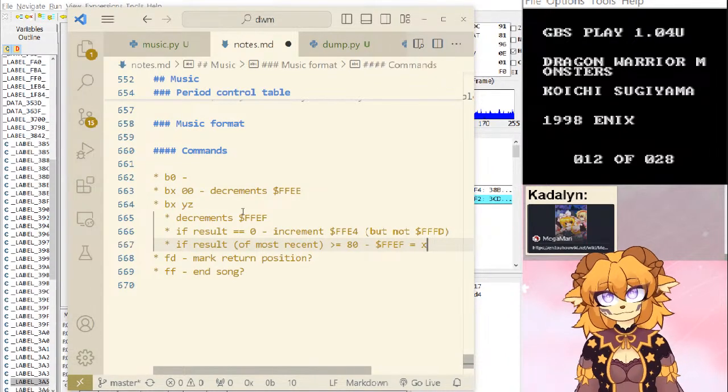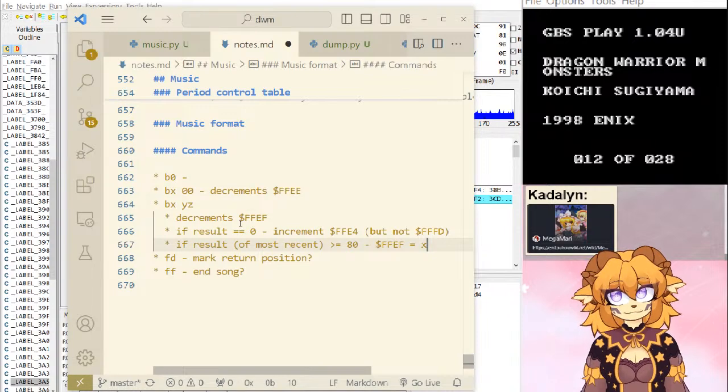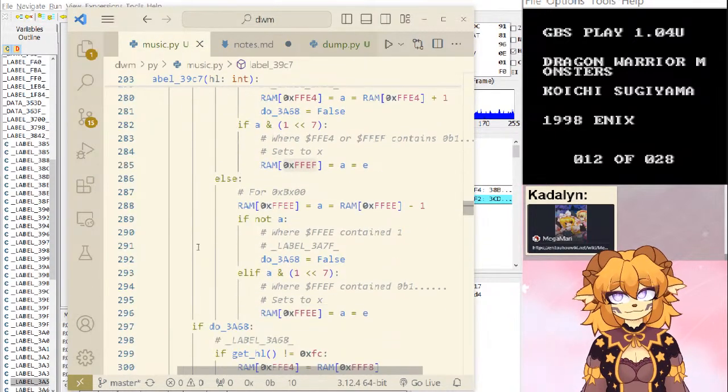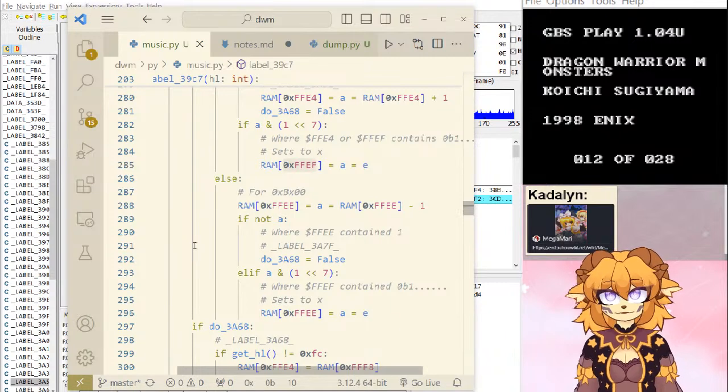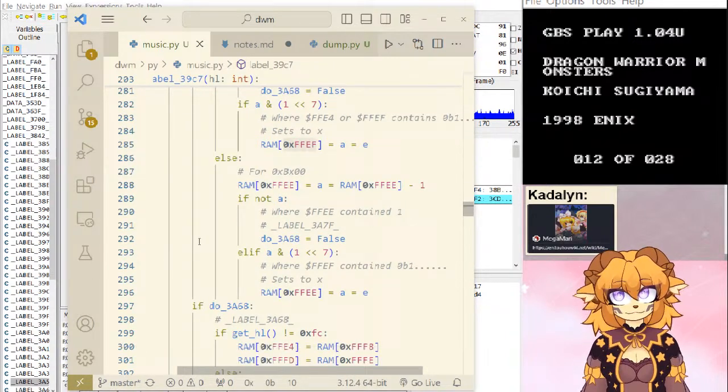I don't understand why it's so complicated yet. Maybe it'll be clearer when we start staring at data, but I'm not too sure yet.